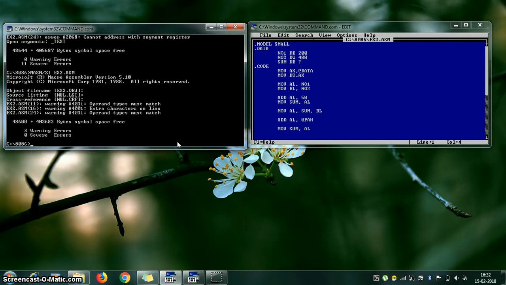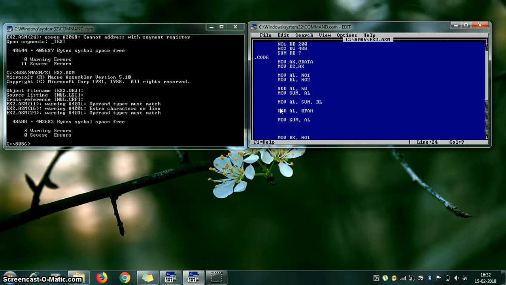Now it removes a few more errors and 3 warnings remain. The warnings are at line numbers 11, 16 and 24. So go to line number 11 in the second command window. MOV BL comma number 2. Operand type must match.